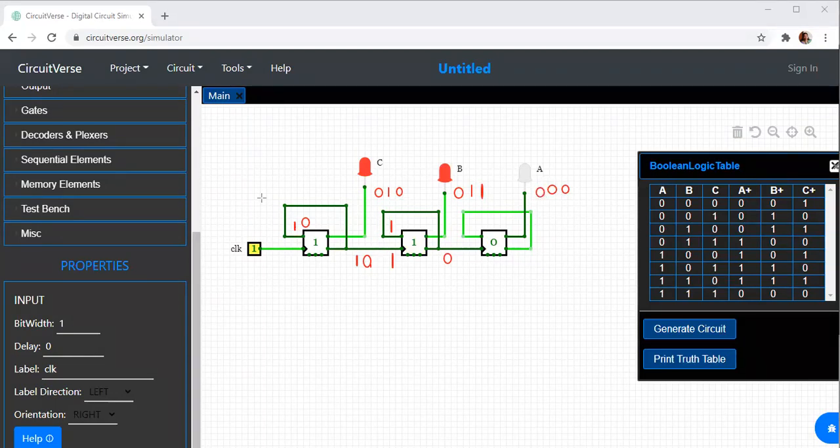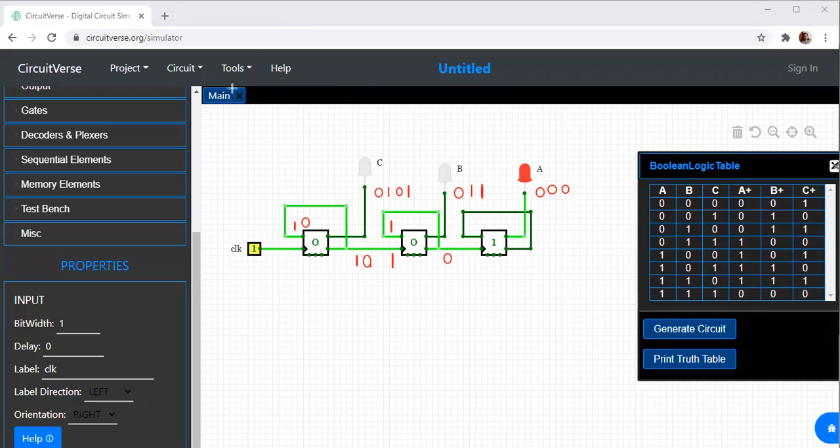Now what happens when I change the clock now? When I change the clock now, new value will be equal to what? 0. So this value will be 0 because previous value was 0. 0 will be passed over here. Now 0 passed over here means this will change to 1. So the next state value will be 1 over here. So the next value will be, if you can observe, this will be 1. So this goes on like this.